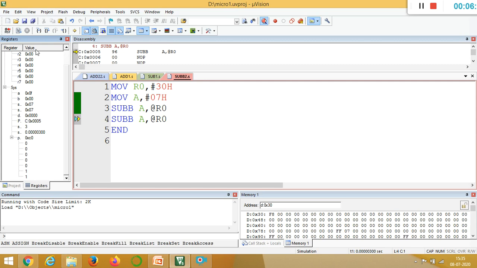It has to subtract A minus again the content of 30 minus borrow. So now A is not 7. So now A is 0f. You can see here, see the cursor. After executing the first sub, you got 0f, and that will be stored in accumulator. So now while executing the second sub, the A value will be 0f, not 7. Okay. So now 0f is going to be subtracted with again f8 minus carry. So carry is 1 here.